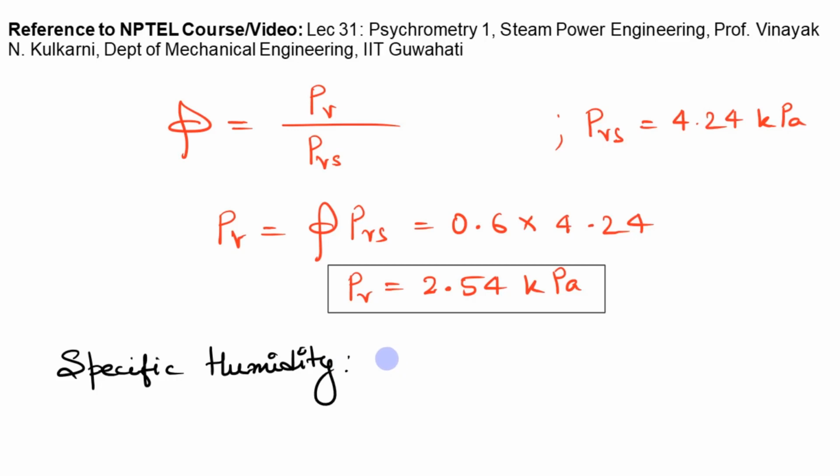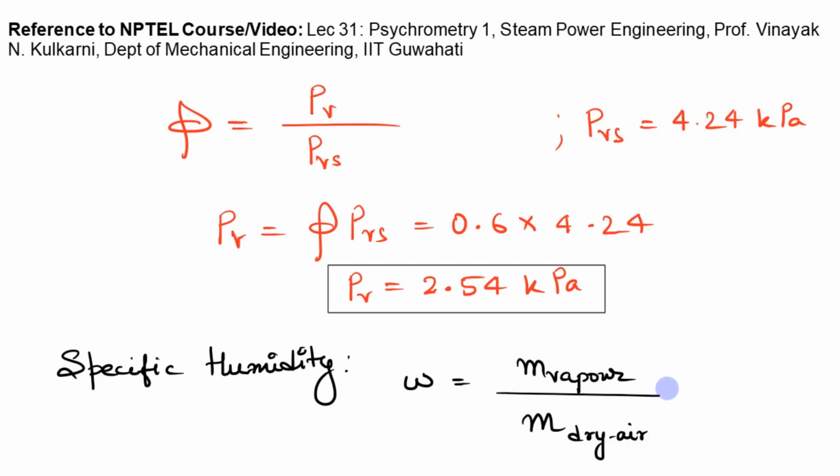can be defined as the mass of water vapor in a unit mass of moisture. That's how we define specific humidity. So specific humidity, omega, is defined as the ratio of the mass of vapor divided by the mass of dry air, and this we can also write as 0.622 times PV divided by P minus PV, that is PA,